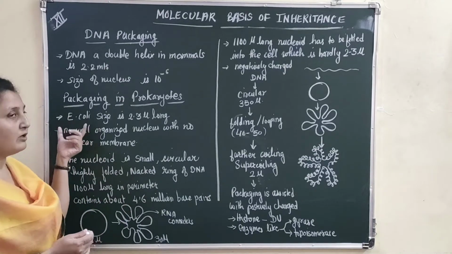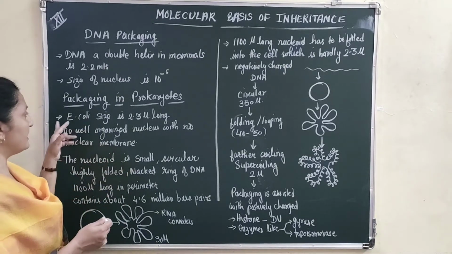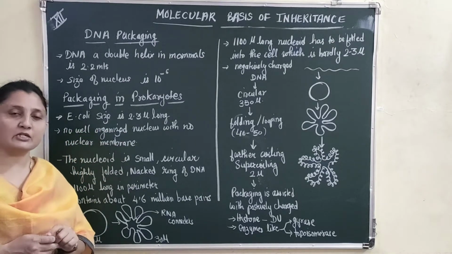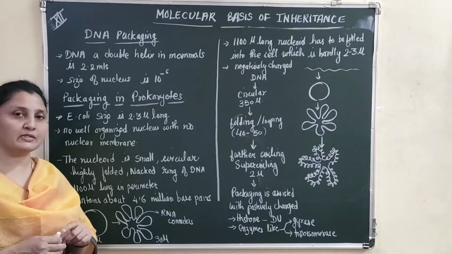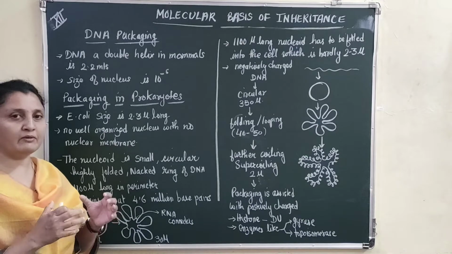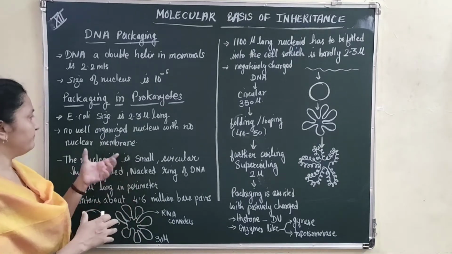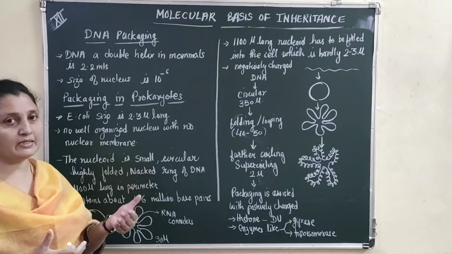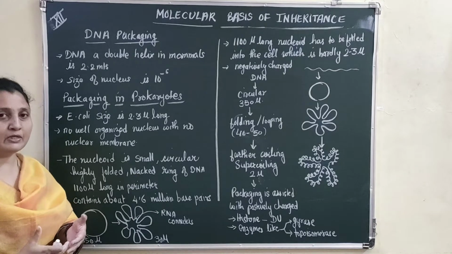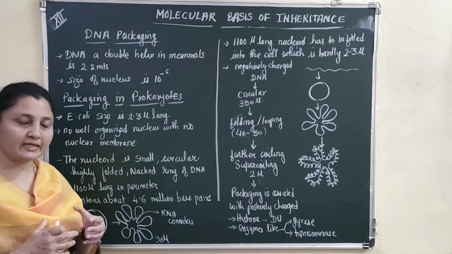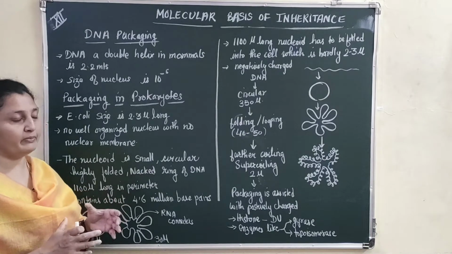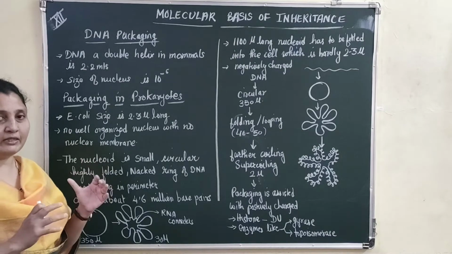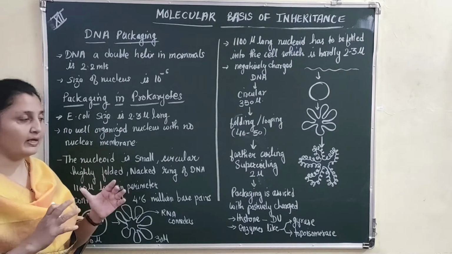Let's take an example of a prokaryote, the E. coli bacteria, correct? If you see the size of the bacteria, it is just 2.3 micrometers small. It is a very microscopically small bacteria, right? It does not have a well organized nucleus. If you try to find a nucleus in that bacteria, you are not going to find it, because the DNA is not packed inside the nucleus, right? There is no nuclear membrane, right? So the genetic material, that DNA, is called the nucleoid.